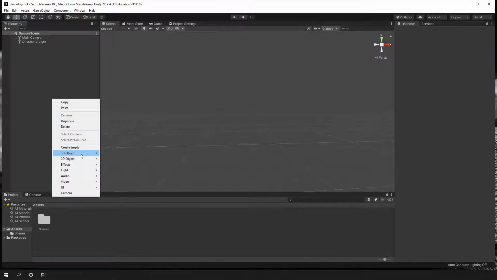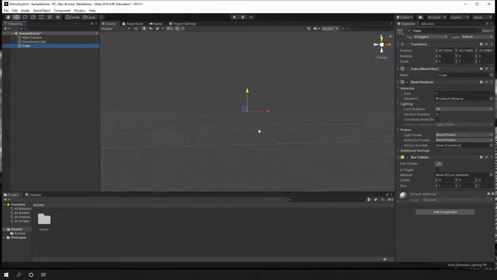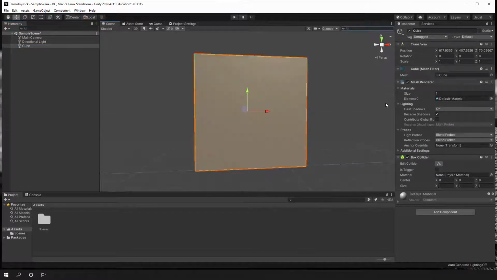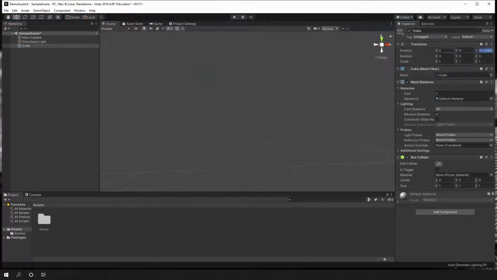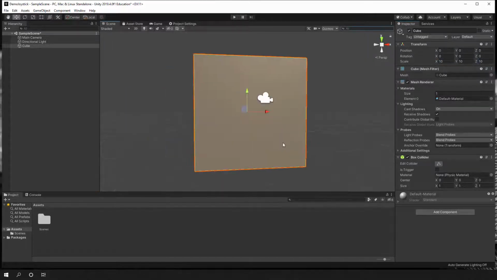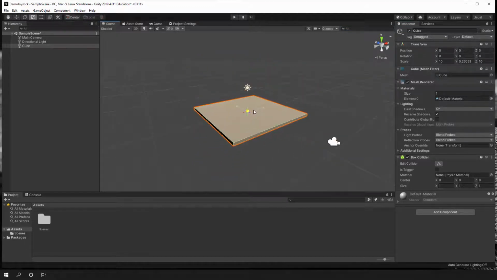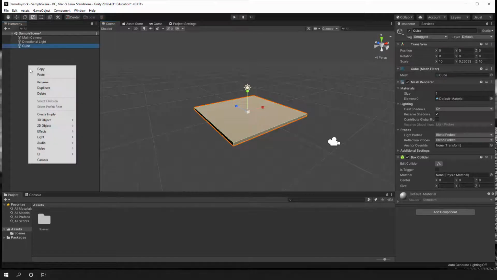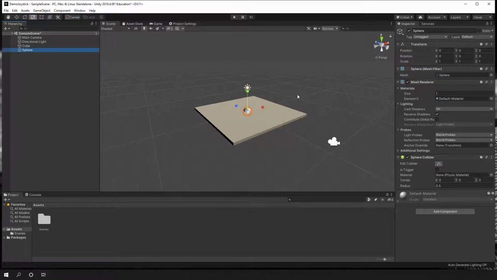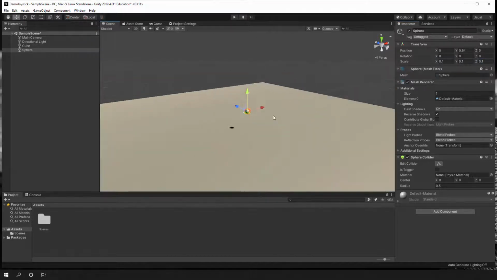Now I will create a very easy scenario so we can start testing what we are going to do. Let me put this on 0. I want to create a platform which is big enough to support what we want, and I'm going to reduce the size of the platform. And I'm going to introduce a little sphere. I will put it on 0.1, and you can see that we have our sphere right here.